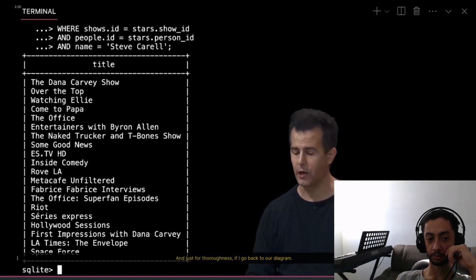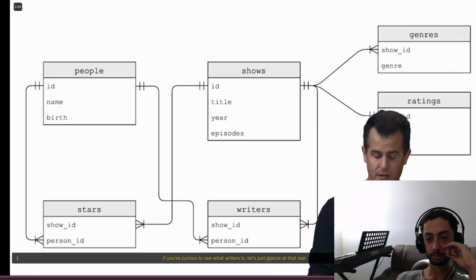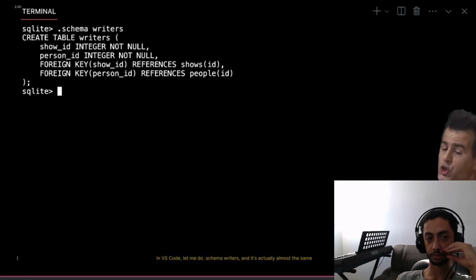And just for thoroughness, if I go back to our diagram, besides the tables we've seen, there's actually another writers table in there as well. If you're curious to see what writers is, let's just glance at that real fast. In VS Code, let me do .schema writers, and it's actually almost the same as stars, except in this case,